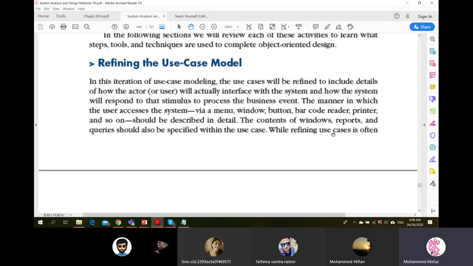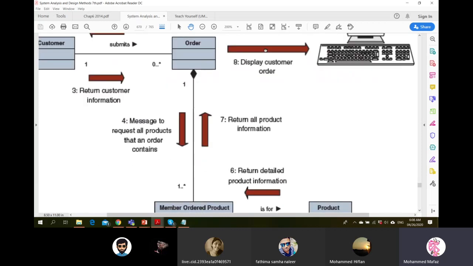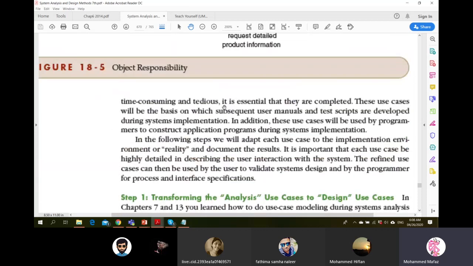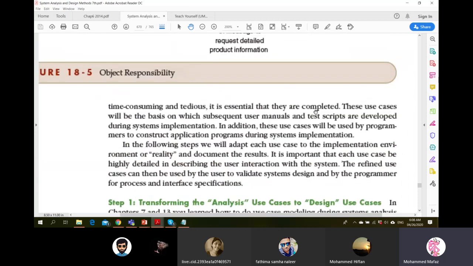While refining use cases is often time consuming and tedious, it is essential that they are completed. So when you're doing this refining process, it's going to take time. Obviously, when I'm explaining that, you might wonder how we are going to do this. This is not only one use case; many use cases are going to interact. So for all of that, you have to specify this. You will have to specify the same pattern for each and every scenario, right? So it's going to be time consuming and tedious. Yes, it is essential that